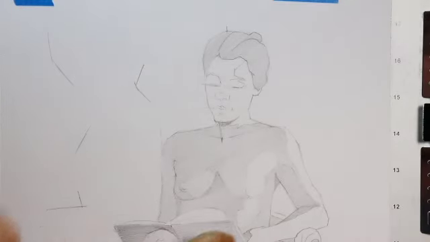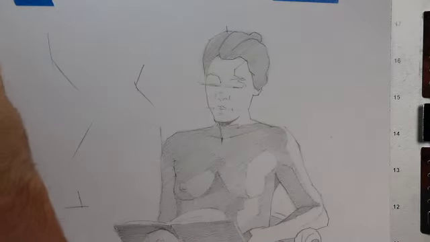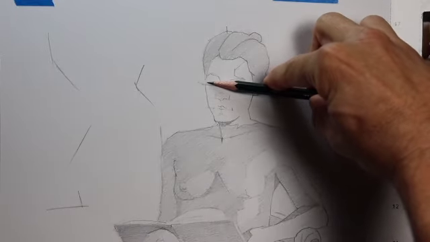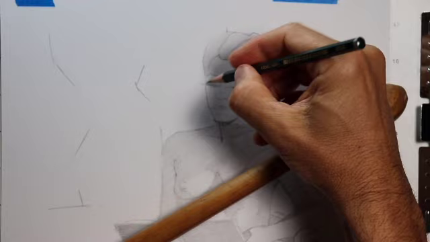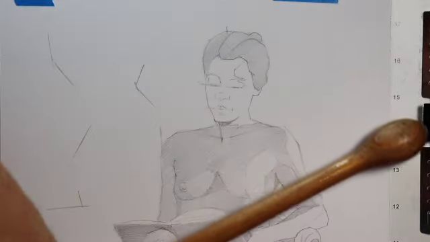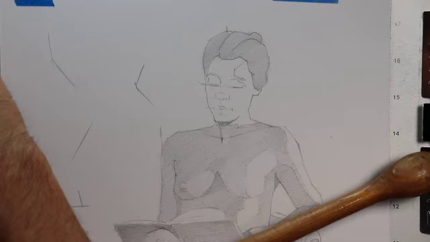Then I want to make sure that I get where the orbital socket is, so I'm going to go more or less from here, like so. On the other side,